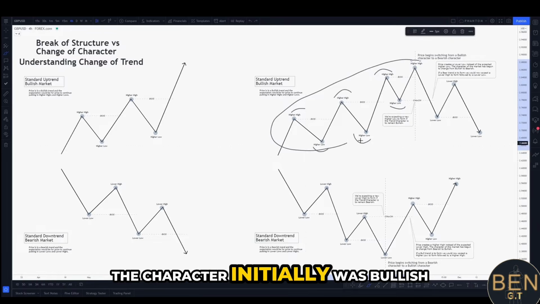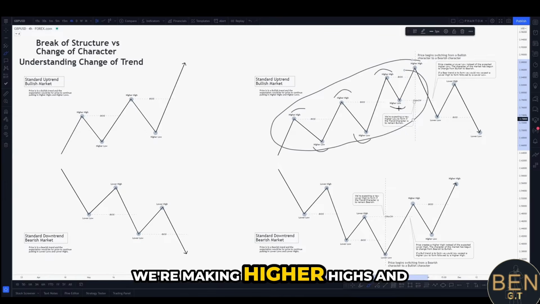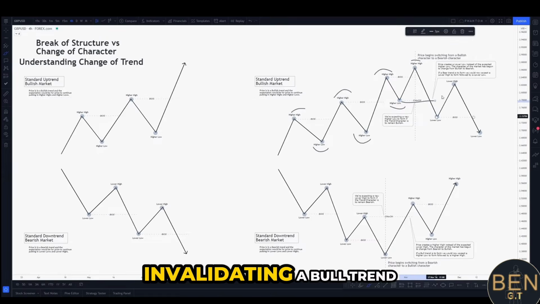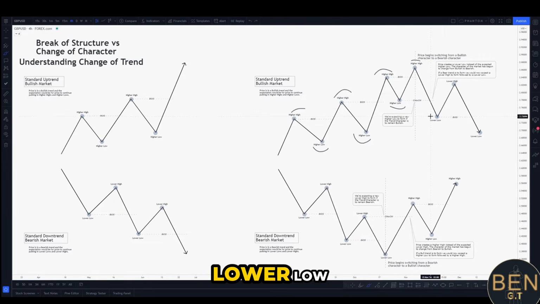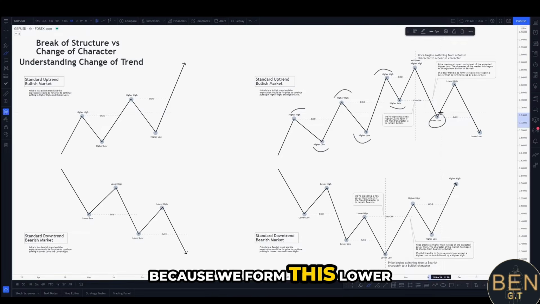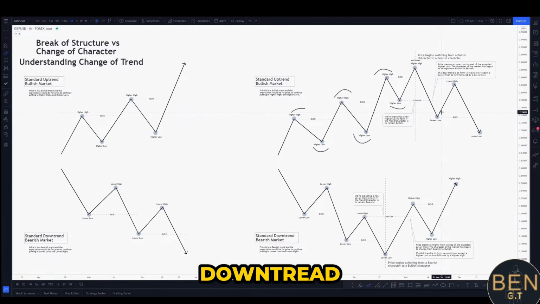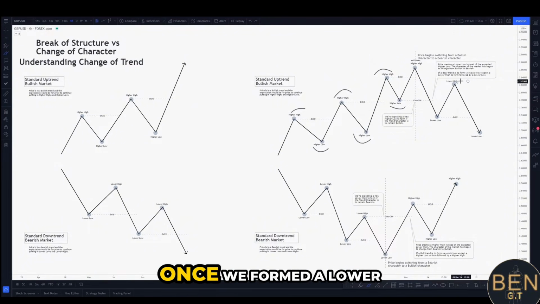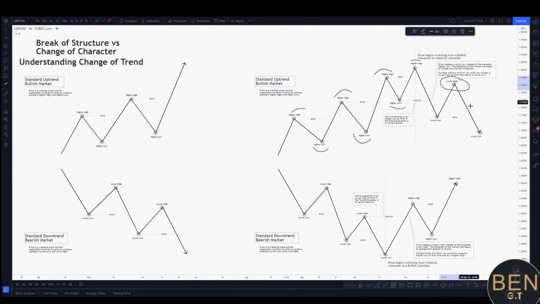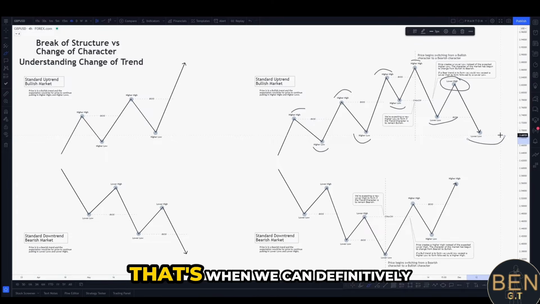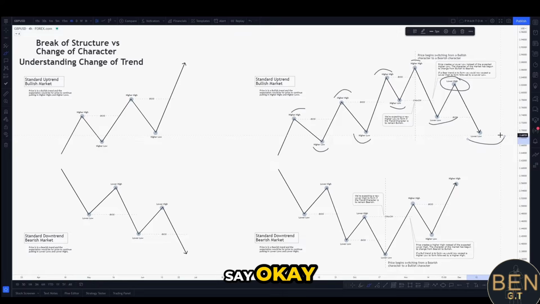The character initially was bullish. We were making higher highs and higher lows. We've now broken the previous higher low, invalidating a bull trend, and we've now formed a lower low. And one thing to note, because we formed this lower low does not mean that we have immediately started a downtrend. The way we confirm that a downtrend is taking place is once we've formed a lower high and broken this previous lower low, forming a new lower low,